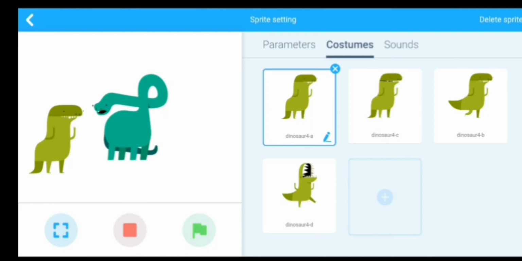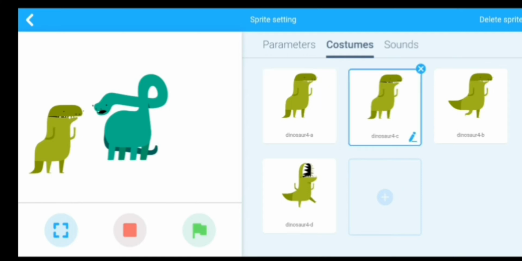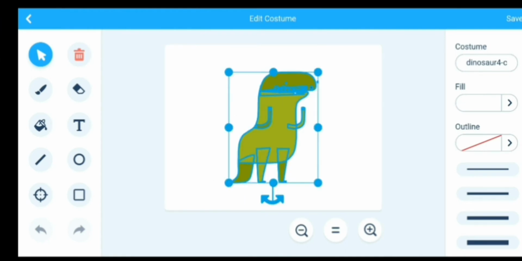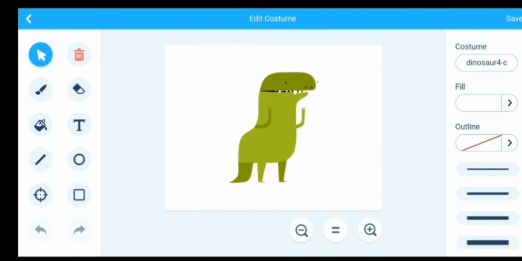Okay, look at here, these two costumes look similar, not more, these two, not this one and this one. So I want to flip one costume, select the complete costume and then flip it.